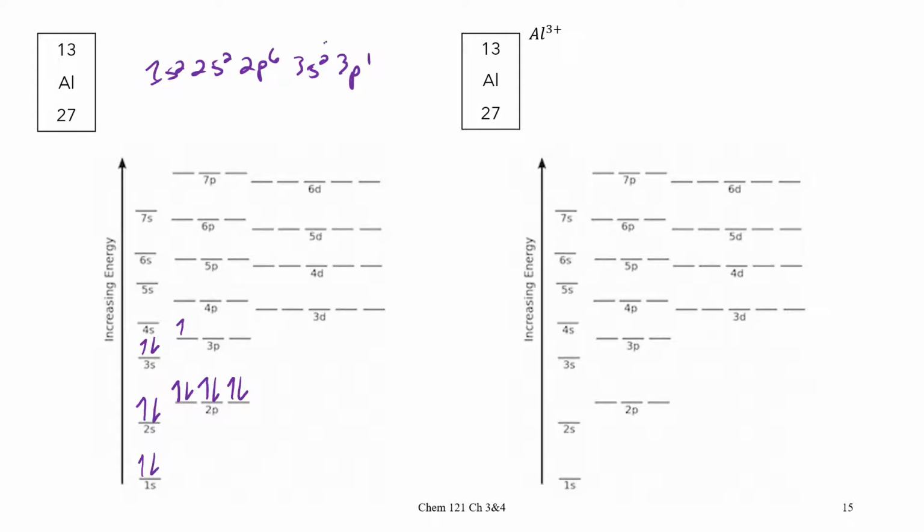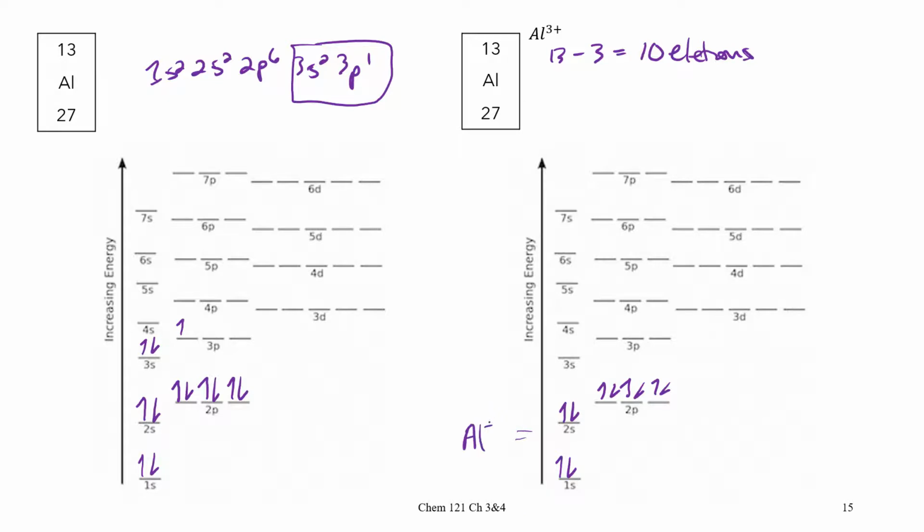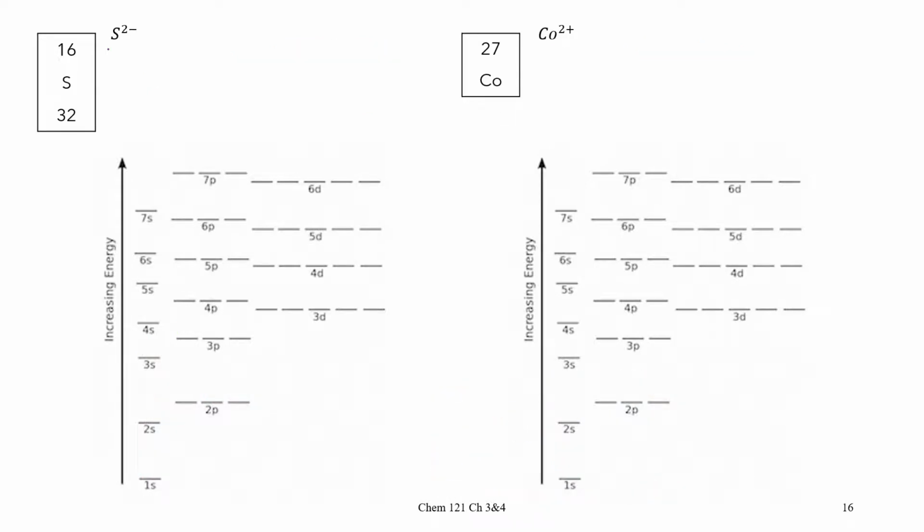So we would take it from the highest energy ones, 3p and 4s. Since they're our highest, we would pull it from those. So we would lose 3. 13 minus 3 gives us 10 electrons. So if we go up to 10, 1, 2, 3, 4, 5, 6, 7, 8, 9, 10, then that would be your aluminum 3 plus orbital diagram. So let's look at sulfur, and we know that the atomic number for sulfur is 16,